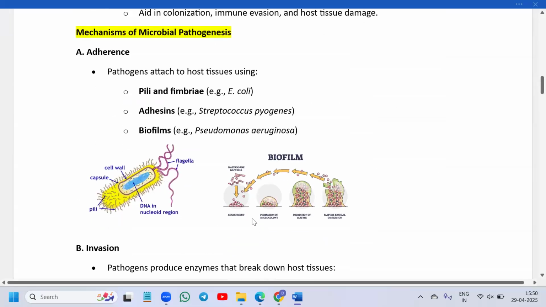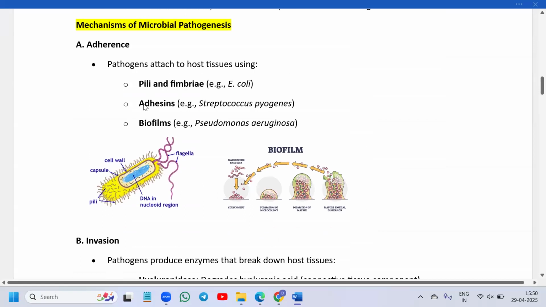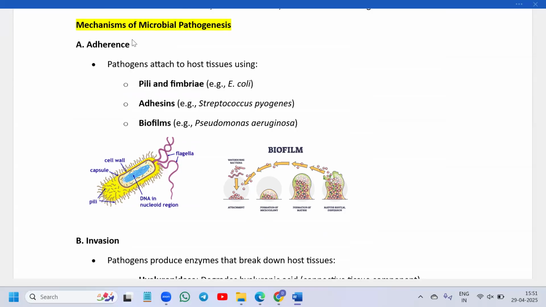Next is mechanism of microbial pathogenesis. So we will see various mechanisms of microbial pathogenesis. The first one is adherence. Adherence means what? Attaching. Okay, how does your pathogen attach to the host tissues? With the help of pili or fimbriae or adhesins or biofilms. So look at the picture here. These are pili, right? They are hair-like projections out of your bacteria. Fimbriae are the same thing, similar to this. These are finger-like or hair-like projections with which it is going to